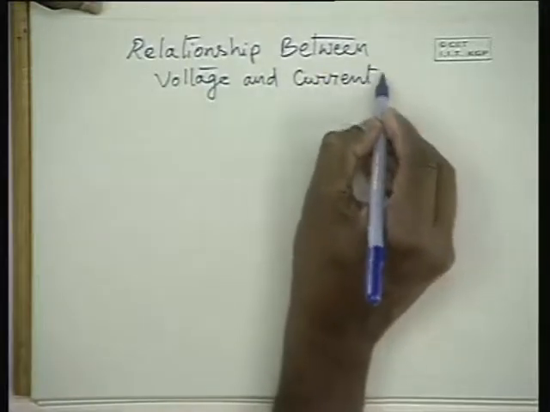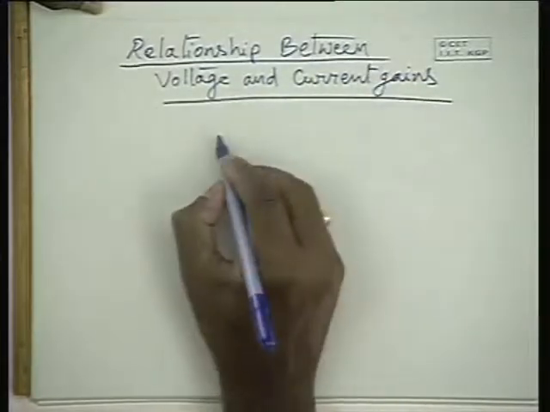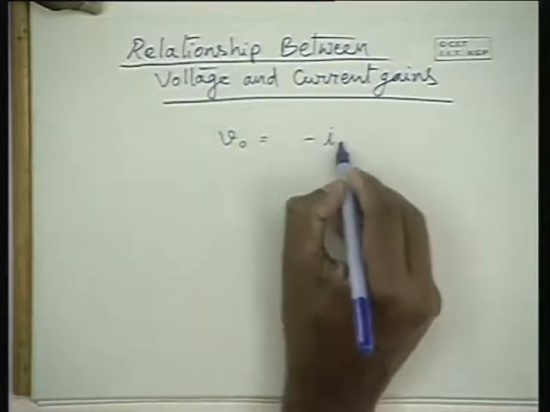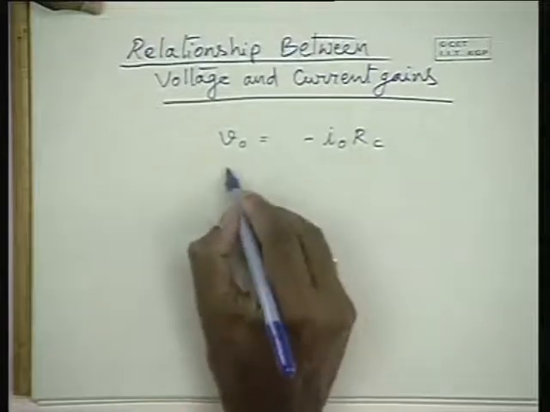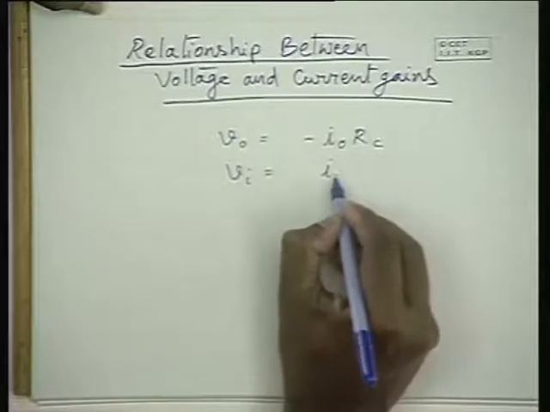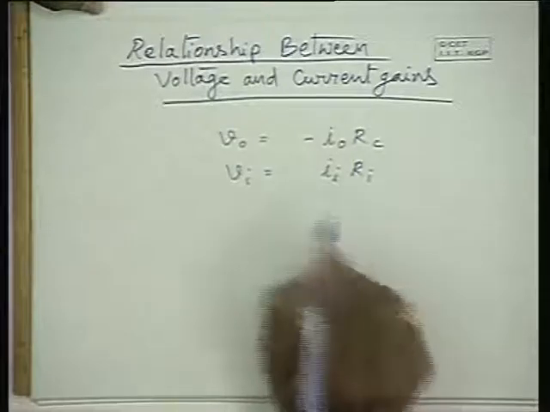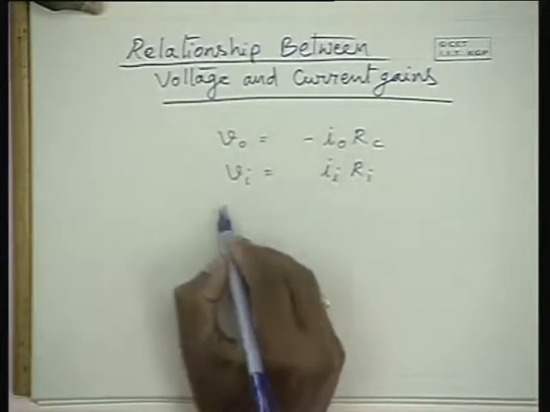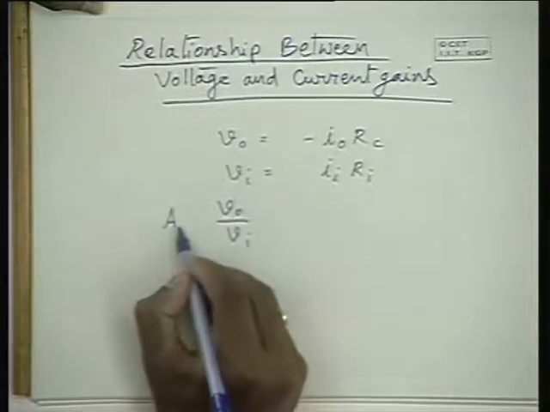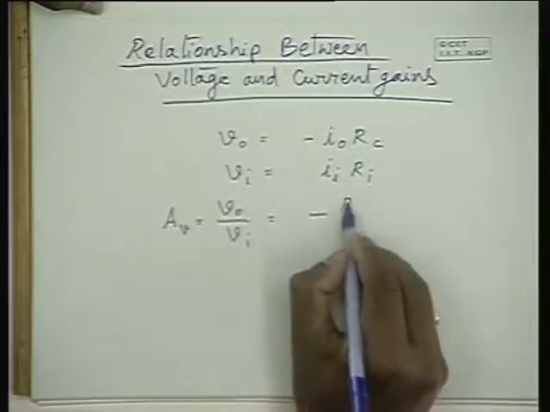Relationship between voltage and current gains. The output voltage V naught is minus I naught RC, and the input voltage Vi is equal to Ii into Ri. Please note the current direction is the ingoing current. Therefore, the ratio V naught by Vi, that is AV, the voltage gain, is equal to minus RC by Ri